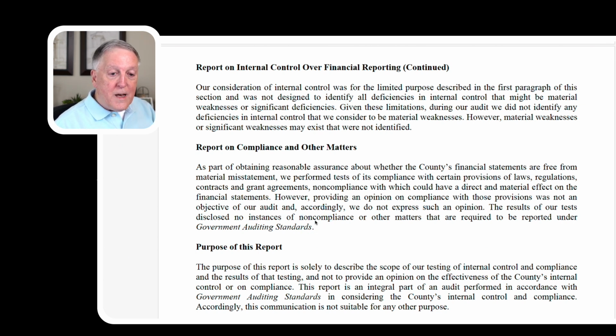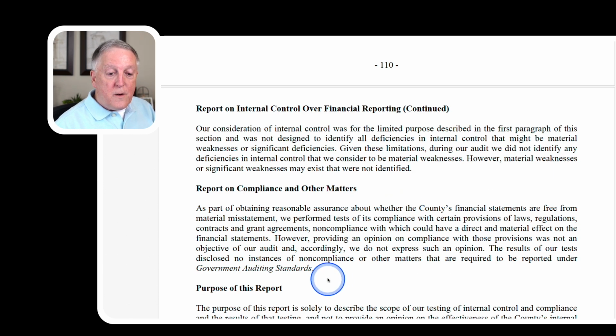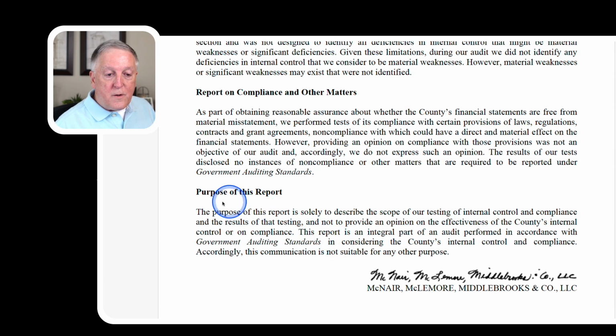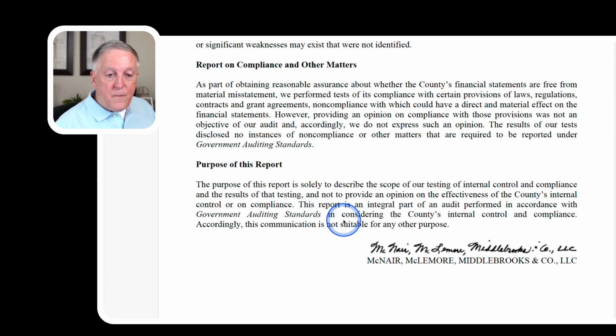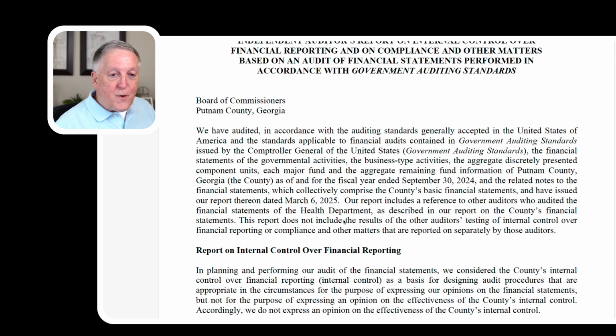So you could have a finding where you have an internal control finding here in this section, and let's say it's 2025-001. You can use the same number here, 2025-001, and in that finding you can talk about how it didn't have the right internal controls and it resulted in this non-compliance. In this example, they spent more money than what was appropriated. And then you see the purpose of this report language, and that, my friends, is what a Yellow Book report